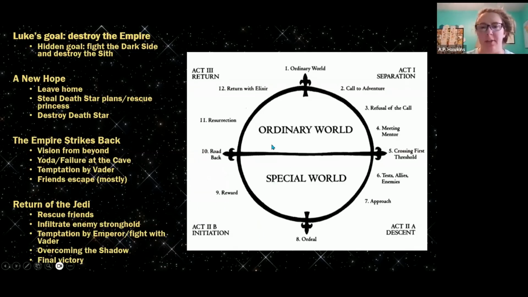Luke is rewarded by the rebellion, and now he doesn't go back to his ordinary world, right? Because his ordinary world has changed. And that's why this circle is a really good way of representing the hero's journey, because they don't end up,